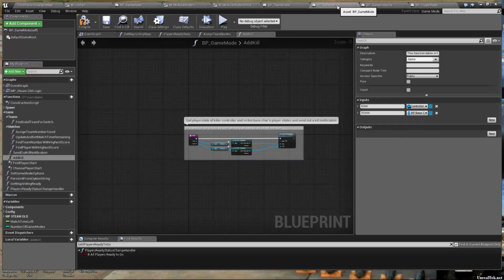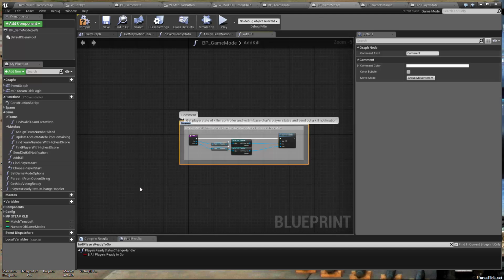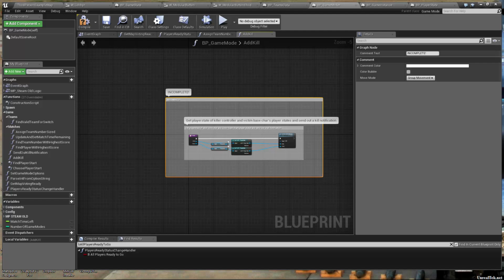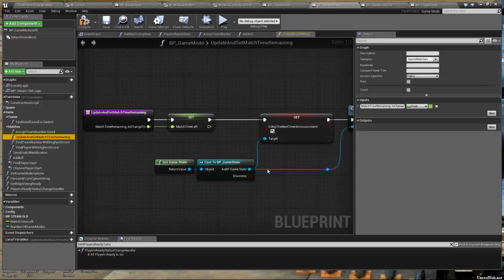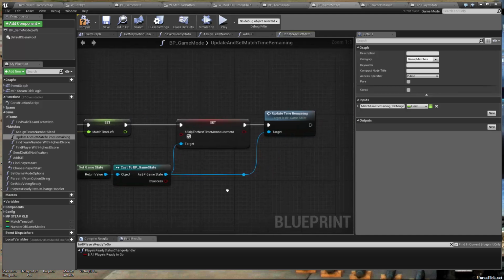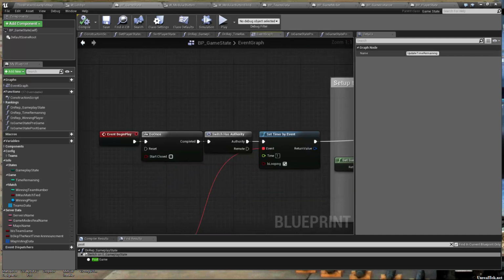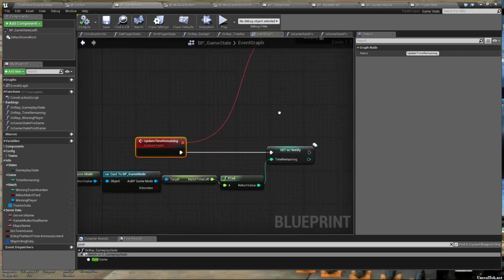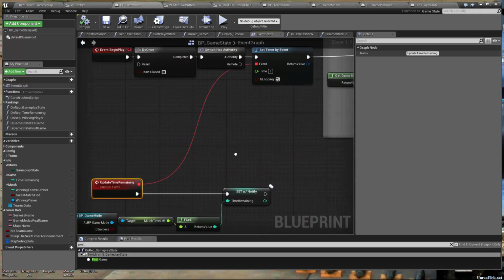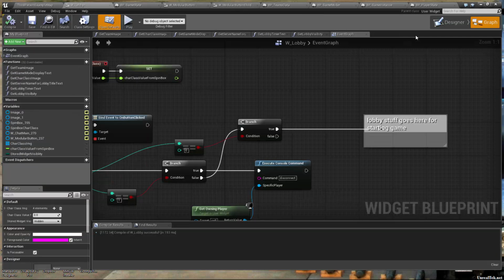We're getting pretty long, but I'm realizing that we're going to need a lot. Now our game time wasn't updating. Every 1 second, set with notify, match time left. And then in our lobby, we get lobby timer text, get game state, time remaining. Update time remaining. Time remaining. Sets with